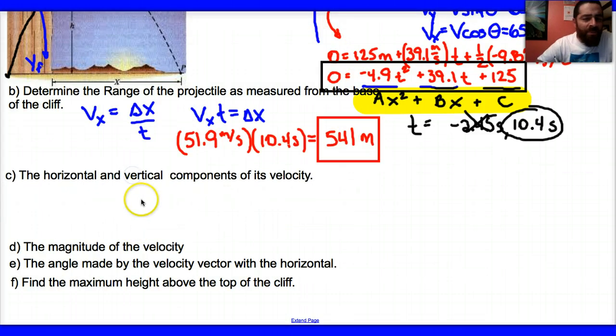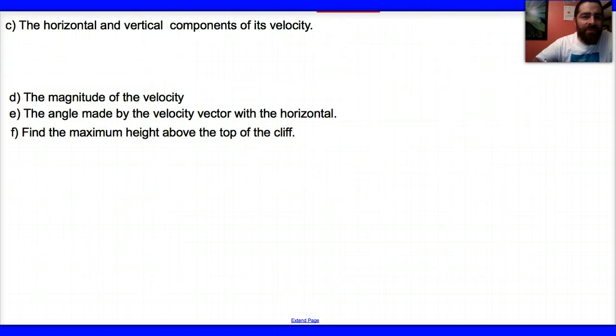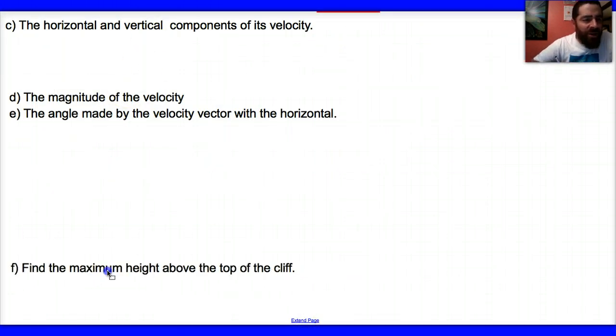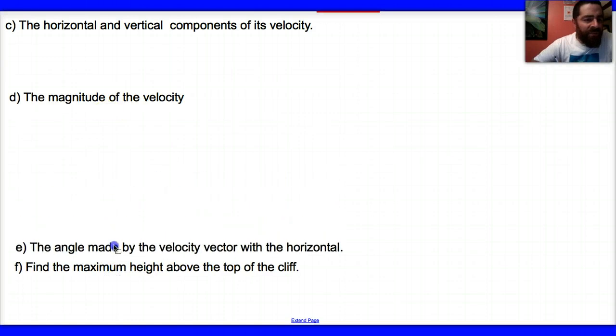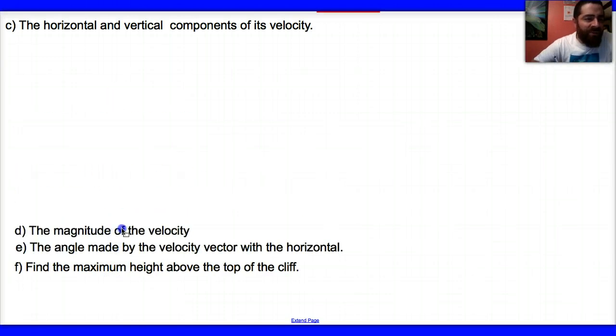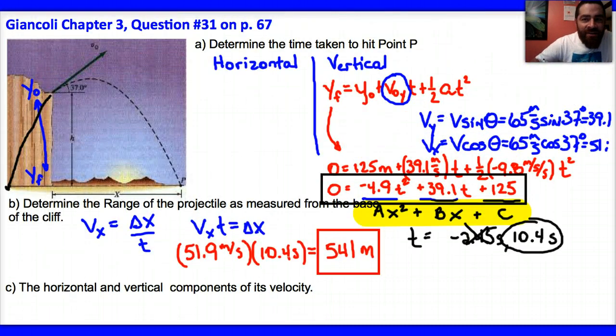The next question, part C, asks for the horizontal and vertical components of the velocity. In this part of the problem, I need to be careful. The way that I've written it here, it says the horizontal and vertical components of its velocity, but the book is specific. It means at point P, or when it lands. A couple of things. If I go back to the top of the page here, we should recognize that if I draw in some velocity vectors,